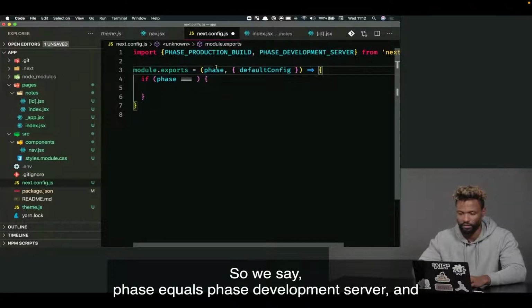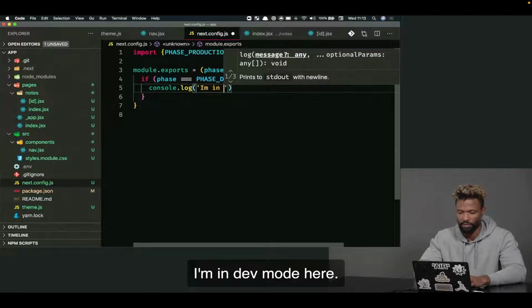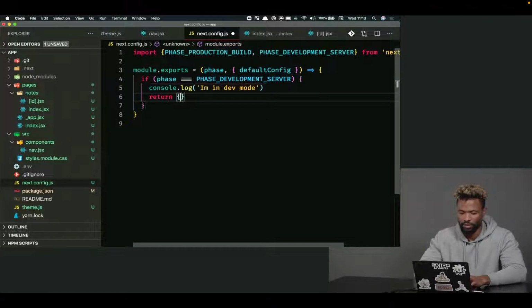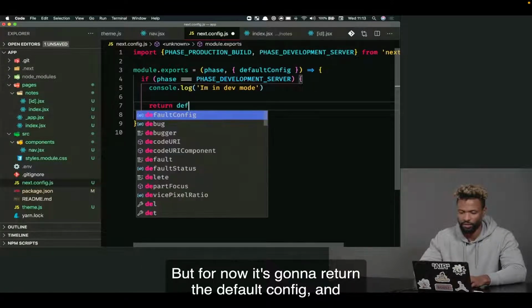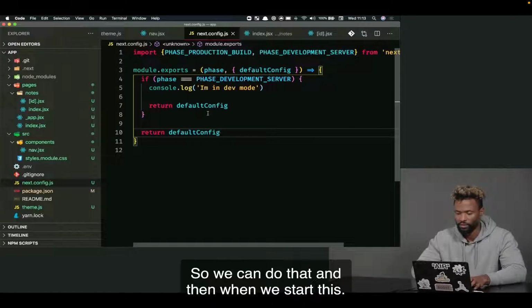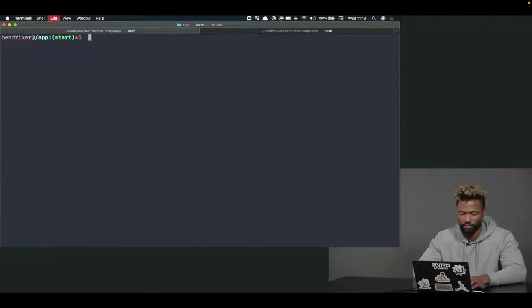So we can say phase equals PHASE_DEVELOPMENT_SERVER, and then we can do something like this, console.log, I'm in dev mode here. And you can return an object here, which will be your config. But for now, I'm just going to return the defaultConfig, and then I'll also return the defaultConfig down here, right? So we can do that. And then when we start this,